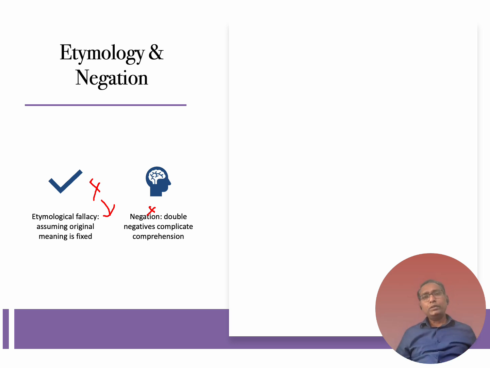But beyond that, negation is also a technique to persuade people to believe something that's not true, right? So for instance, if you say that person X is not a criminal, and you repeat that information multiple times, what you're basically implying is the plausibility of him being a criminal. Makes sense? So if someone says, I'm not a crook, you are evoking in the listener the possibility of me being a crook.